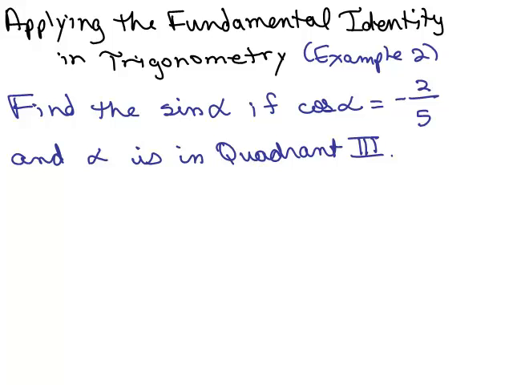All right, here's the second example applying the fundamental identity in trig. So it says find the sine of alpha if the cosine of alpha equals negative 2/5 and alpha is in quadrant 3. All right, first of all, I'm going to solve it without using the identity. Okay, so without the identity,